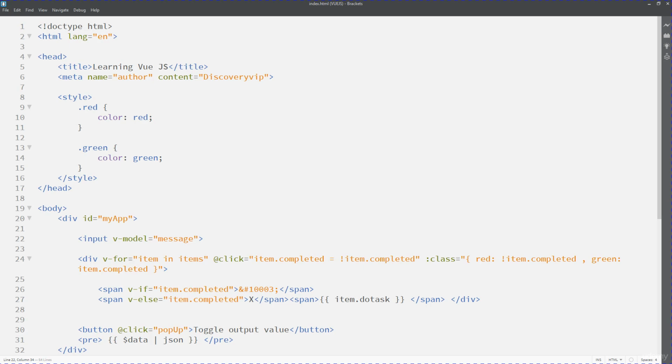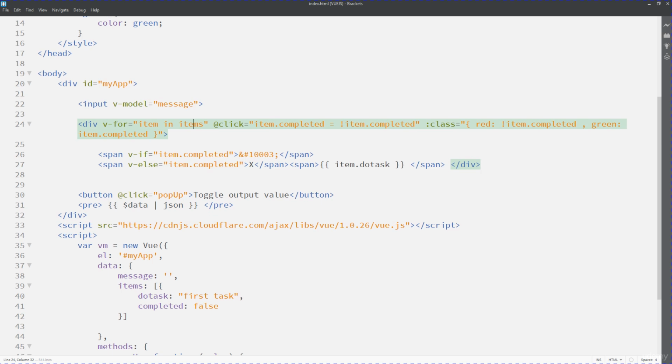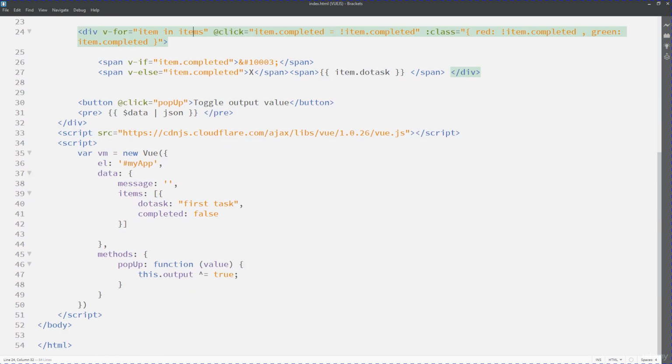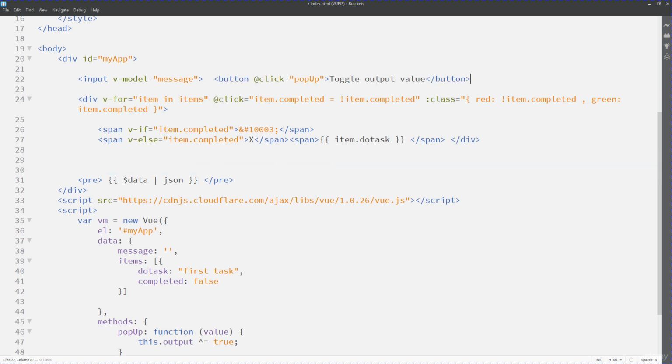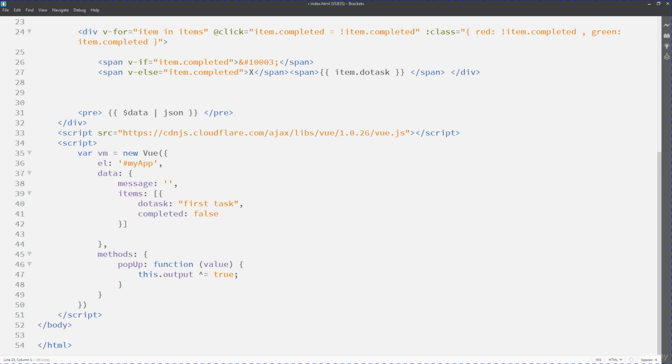In this lesson, I wanted to add in a brand new method in order to be able to add and update our list of items. So we already have this pop-up here, so I'm going to just update this one to add in a value. And I'm going to move that button over up here so that it's more in line with our input field. And we're going to take the value from message here